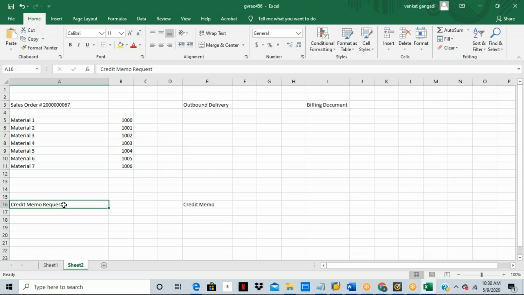And also, just for your information, this credit memo request document, by default, has a billing block. You know why? We cannot give that privilege to everyone, right? So whenever you create a credit memo request, the system automatically puts a billing block. That means the subsequent transaction will be blocked, will not be allowed. So when will it be allowed? Whenever the authorized person comes. Anyone can create the credit memo request, but the credit memo can only